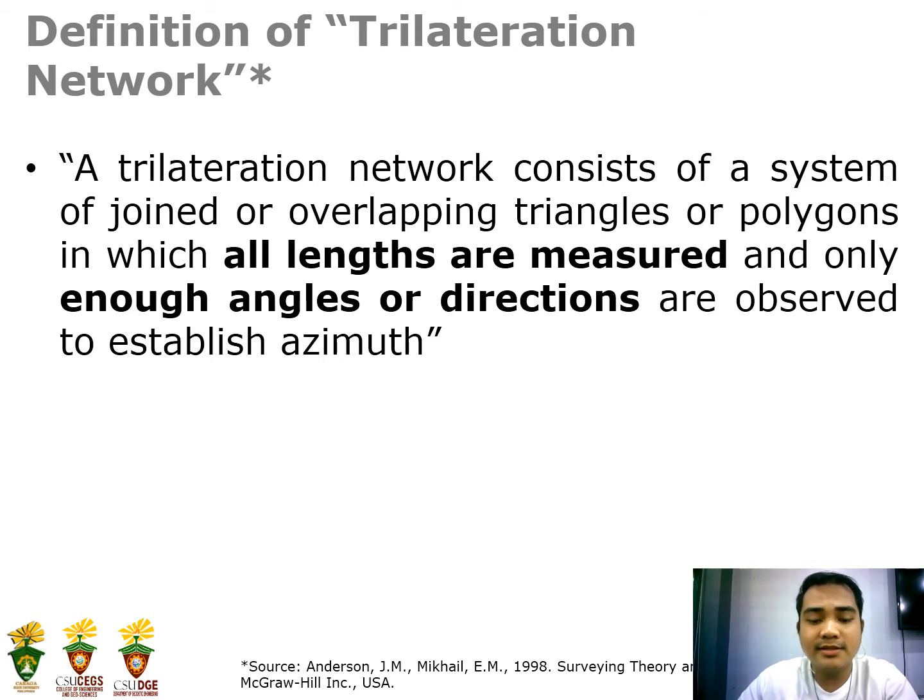No, what matters is all the lengths, because trilateration, from the word itself, means all lengths are being measured and only enough angles or directions are observed to establish the azimuth. So with enough angles, there may be an azimuth consisting of a direction for the computation of the position of another station,